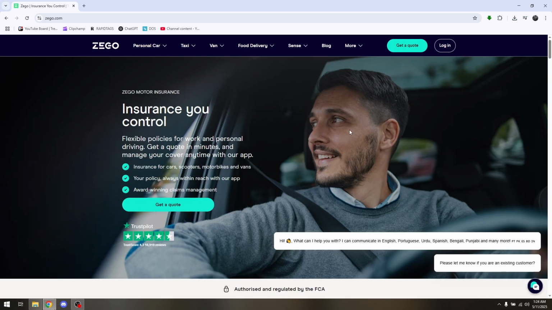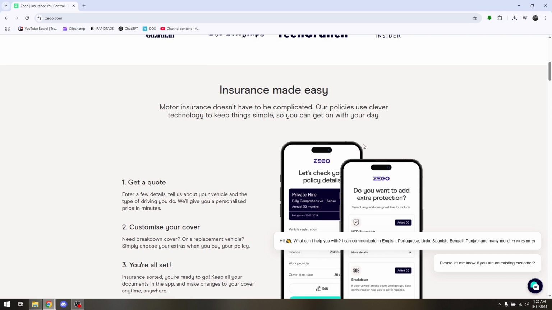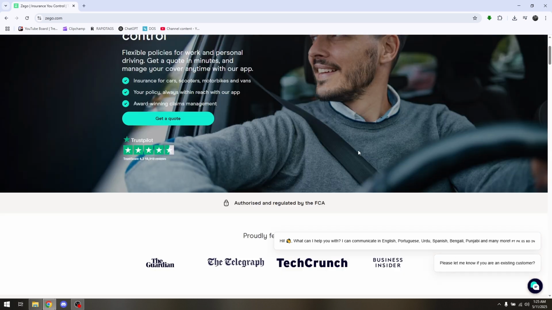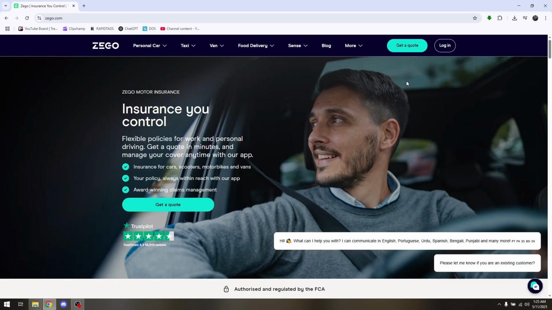Now, before you create an account and get a code, you must take the time to read the policy options or policy terms and conditions of the insurance on Zego. Once you've agreed to all of that necessary information, go ahead and